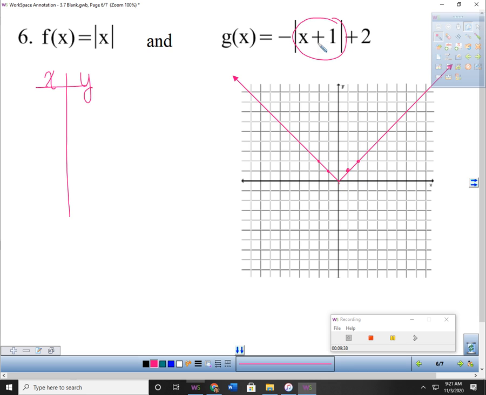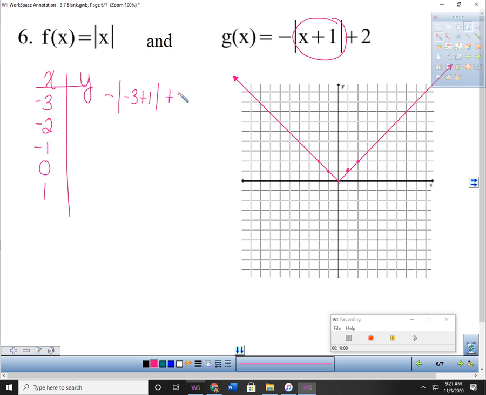So if I'm moving 1 to the left, I normally start at -2, so I want to start at -3. And I'll end at 1 because I normally end at 2, but if I'm shifting left, then I'm going to take 1 away from that. And then I'm going to do my plugging in. So I've got negative absolute value of negative 3 plus 1